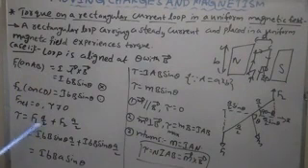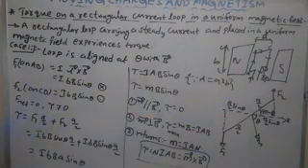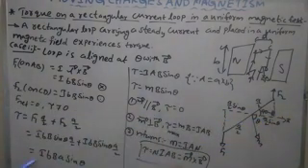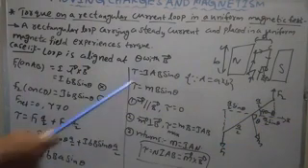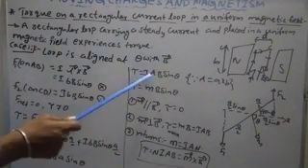What is the torque? Force into perpendicular distance: F1 into A by 2 plus F2 into A by 2. So what is F1 here? F1 is IBB sin theta into A by 2, plus F2, which is IBB sin theta into A by 2. Then it is IBBA sin theta. What is theta here? The angle between the magnetic moment and the magnetic field. Now B into A gives the area. Then torque is equal to IAB sin theta.